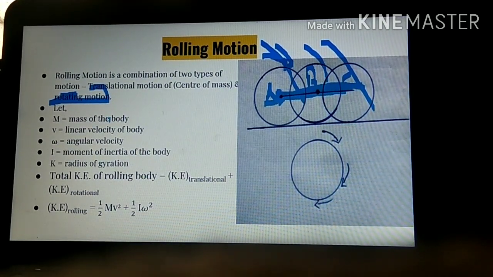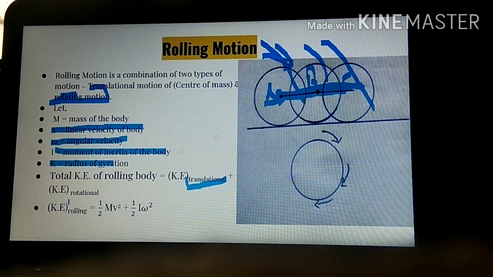Over here, we will be denoting M as the mass of the body, V as the linear velocity of the body, omega as the angular velocity of the body, I as the moment of inertia of the body, and K as the radius of gyration. So the total kinetic energy of the rolling body is the addition of the kinetic energy due to translational motion and the kinetic energy due to rotational motion. Kinetic energy of translational motion, you might be knowing, we have already studied from 8th standard, is half mv square. And kinetic energy of rotational motion, we have also studied just now,